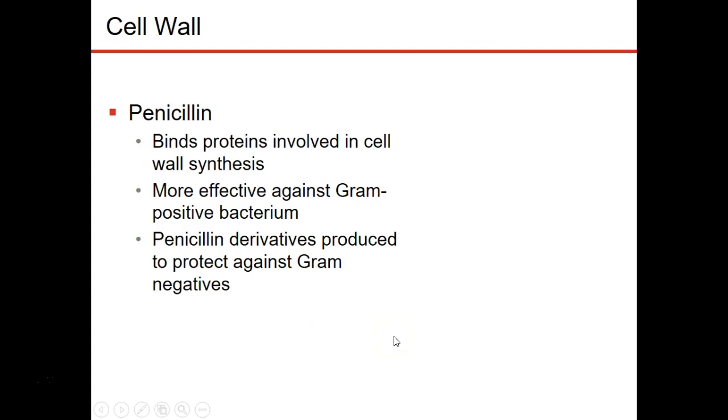Penicillin binds to the cell wall and inhibits peptidoglycan synthesis, which is why it's more effective against gram-positive than gram-negative